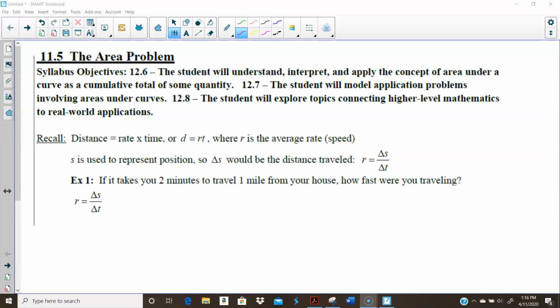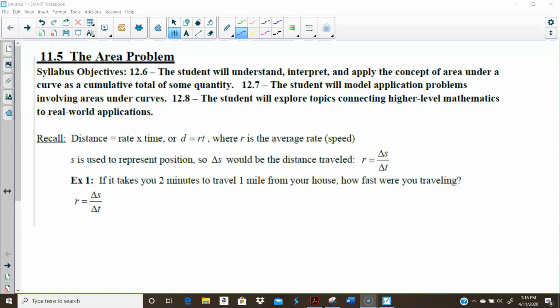11.5, the area problem on page 180 in your note guide. This is the last lesson of our unit. Yay! All right, so we are going to investigate how to model application problems involving area under a curve, which